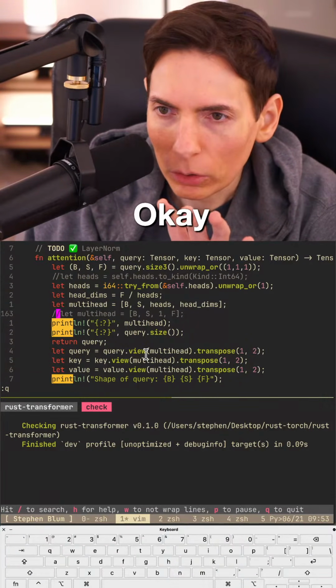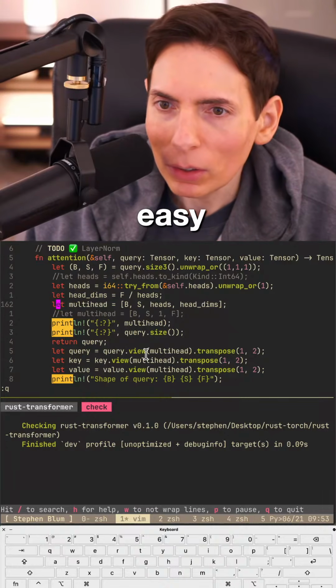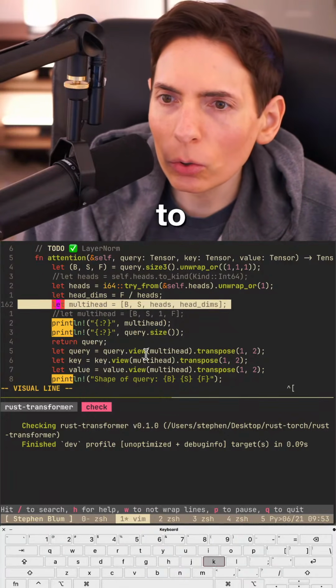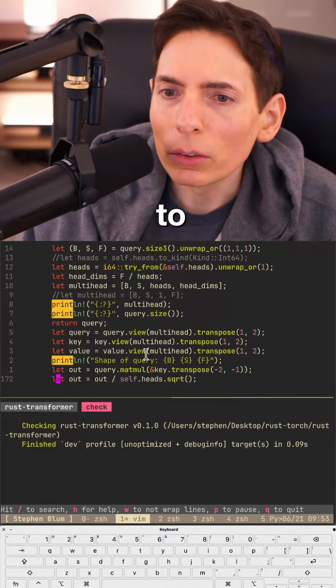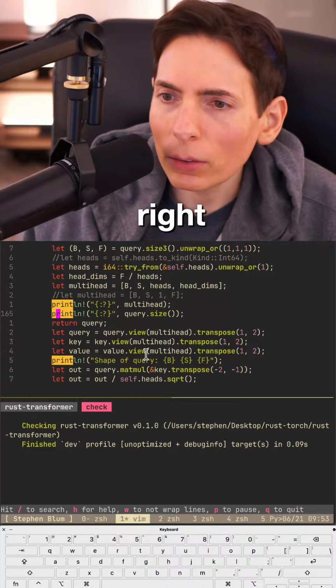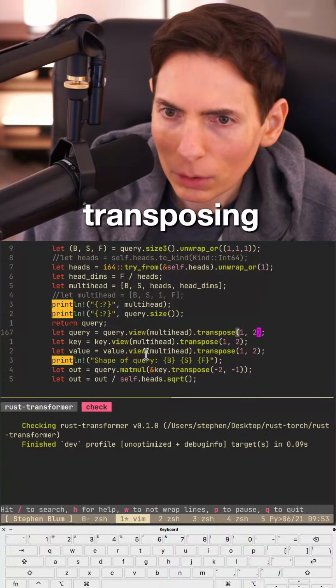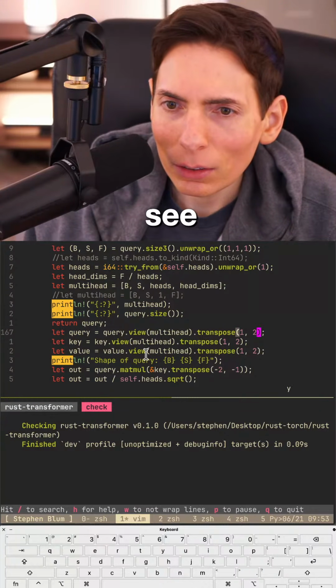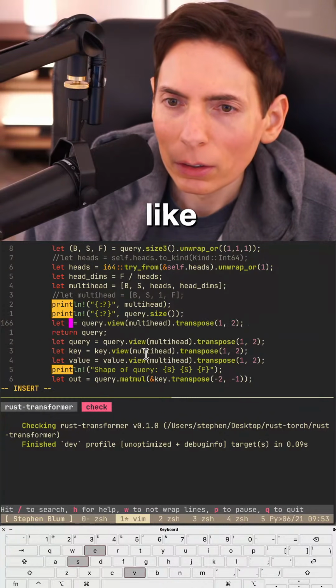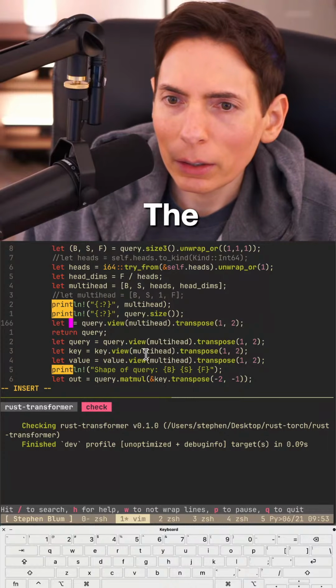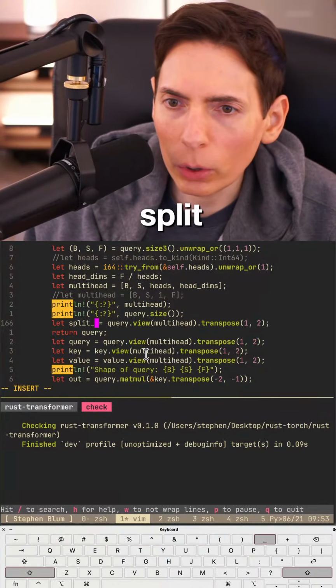Okay. A little bit of debugging here, you guys. Easy, easy. All right. So we're changing the view, and then we're transposing. So I would like to see what this looks like. The split query.